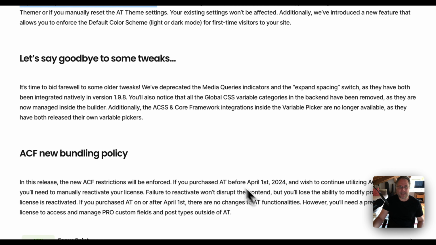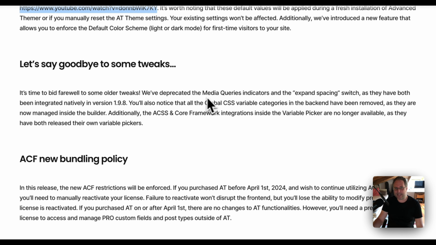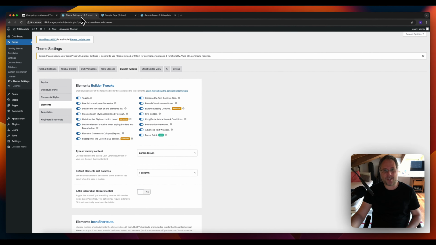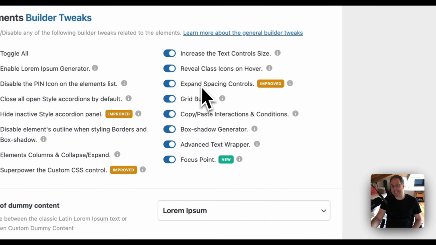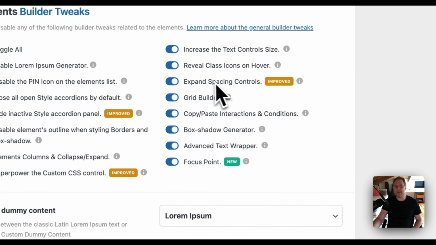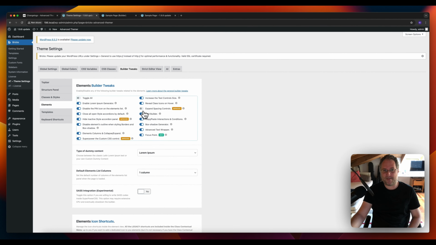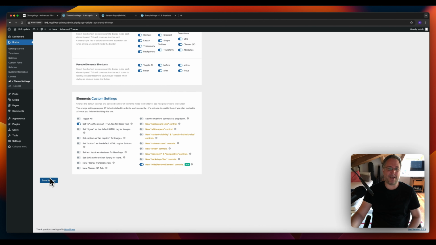Okay, let's say goodbye to some tweaks. So some have been deprecated. The first deprecated is media queries indicators, because it was integrated in the 1.9.8 release of Bricks. The same thing for the expand spacing. So I want to just clarify here that the expand spacing still exists. Okay, it's not completely removed, because if I deselect it, save my settings,